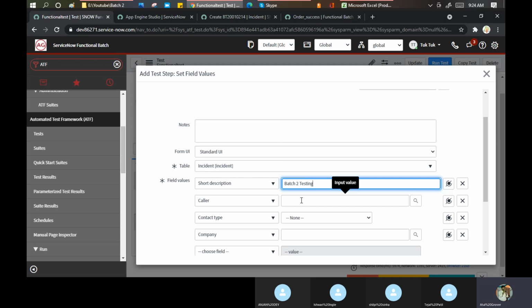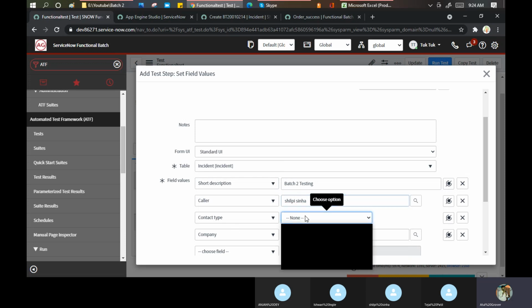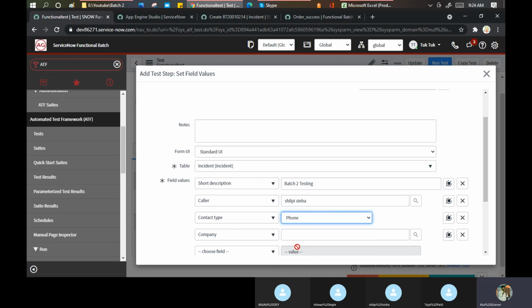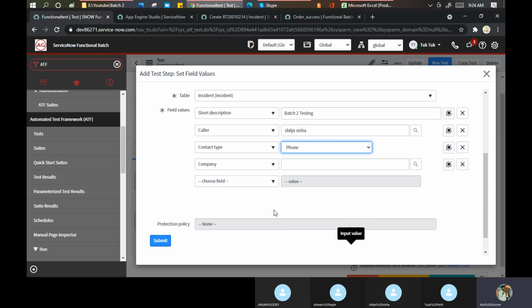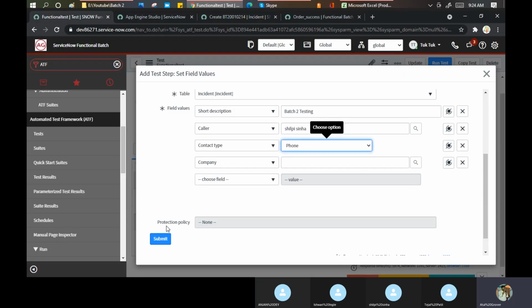Let me put the caller, Shilpi. Put the contact type as phone. If you want to put any other, you definitely can, but to save this incident I need these three values at minimum. So I'm putting that. Let me click on submit.